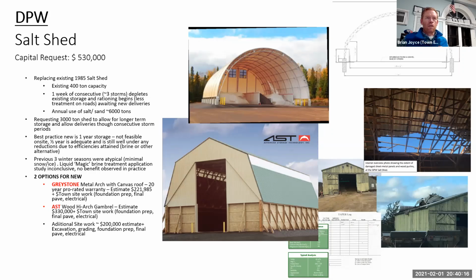The second structure we're looking at is the wood high arch gambrel. It's kind of similar to what we have on site. It's got the buttressed walls outside, an interior perimeter wall, and wood trusses. That's a little more expensive. The estimate's 330,000. Again, the same foundation estimate. We'd have to do the prep, the grading, the excavation, and the final paving, and any electrical. So the request at the top, the 530,000, I just took the more expensive price and added the site work